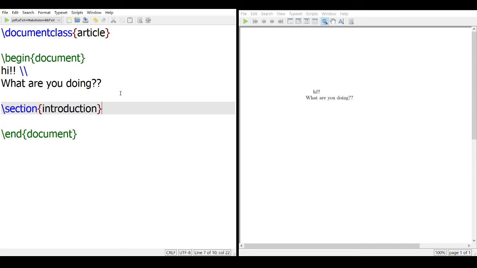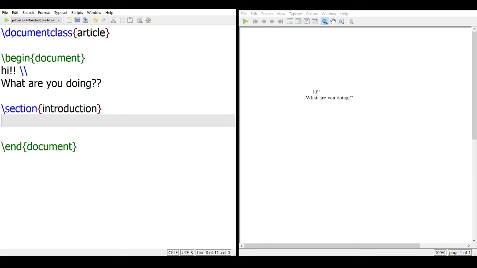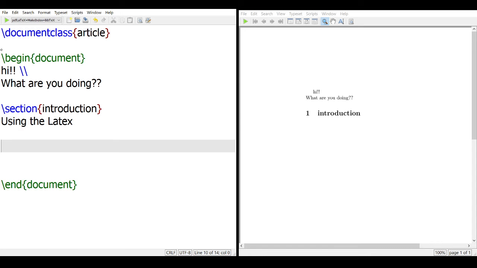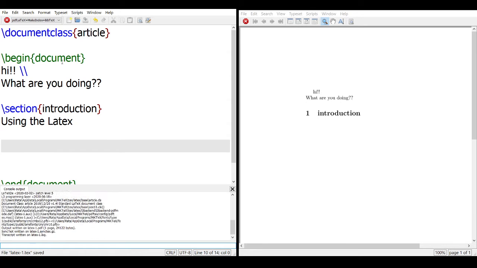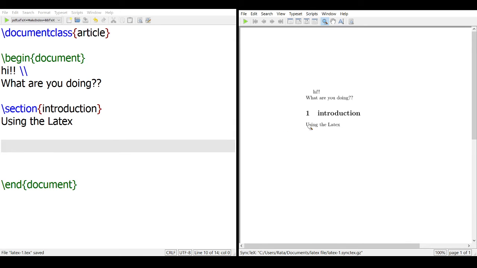If you enter, then you will get your first section, that is Introduction. And in the section you can write whatever you want, like "Introduction is using the LaTeX". Now if you enter it, you will get "using the LaTeX" in the first section.